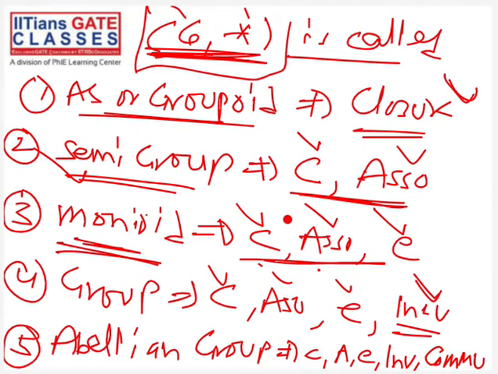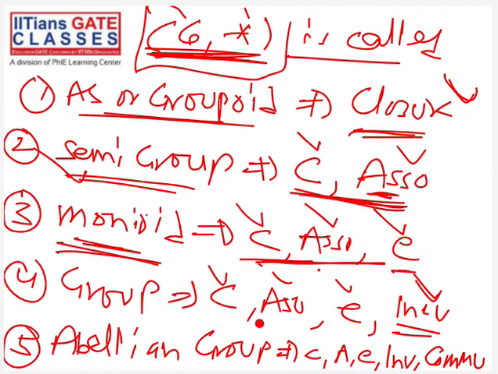So you can see one thing: every semigroup is a groupoid, because every semigroup must satisfy two properties: closure property and associative property. So every semigroup is a groupoid, because every semigroup satisfies the closure property, and hence we can say every semigroup is a groupoid. Also every monoid is a semigroup. You can see all these things because this is closure, and now you have added one more property. Also you can see closure and associative are here, but you have added one more restriction.